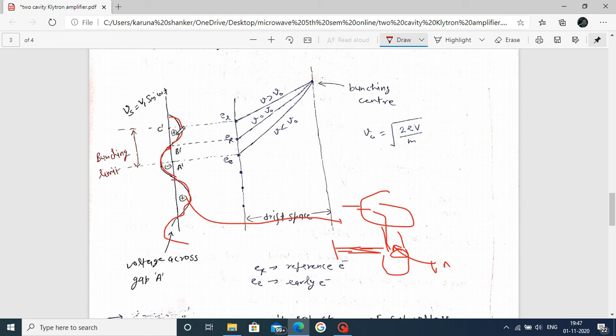Now this one is the positive cycle. In this positive cycle we indicate one of the points, the maximum point, as V dash, and here the 0, that is neither positive nor negative, that's why we indicate here the V dash. We say this is the positive half cycle, this one the negative half cycle, and this the 0 voltage, which appears across the gap of your input cavity.